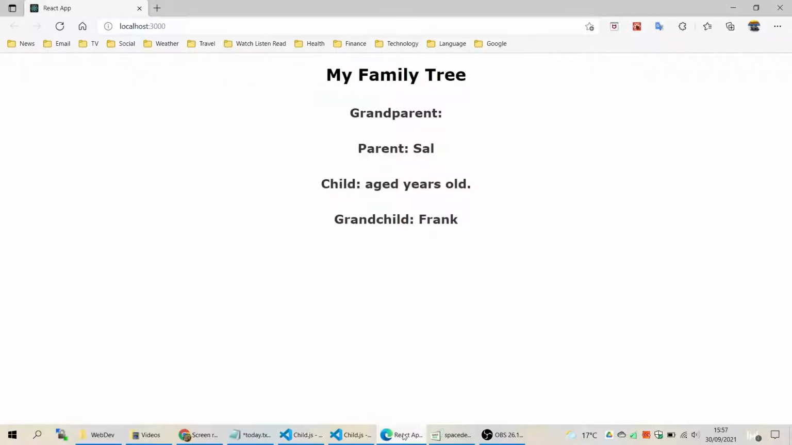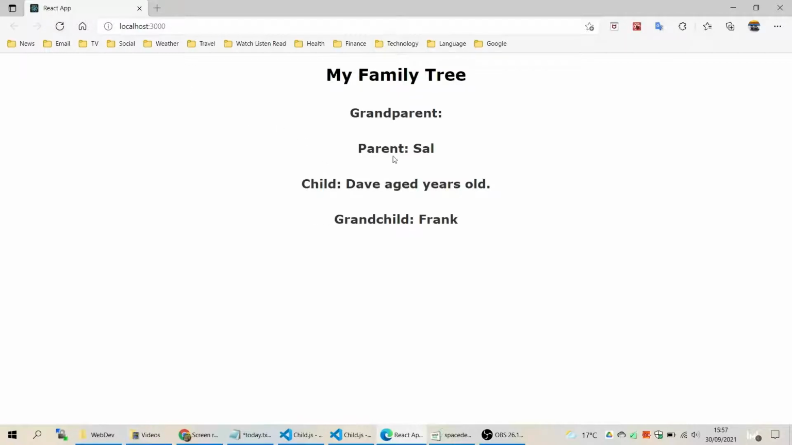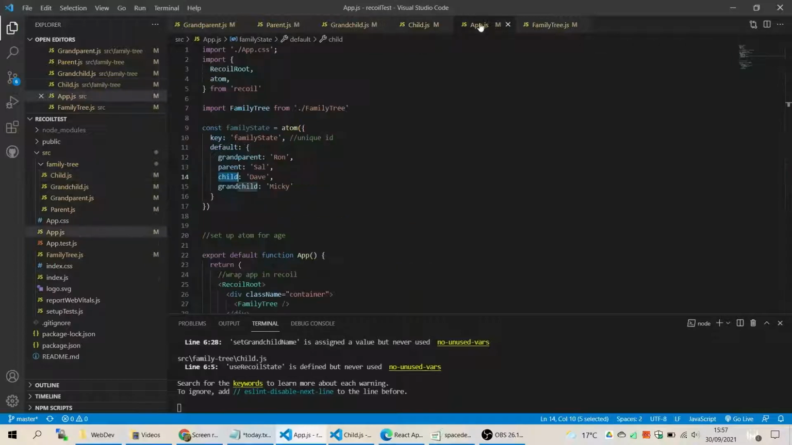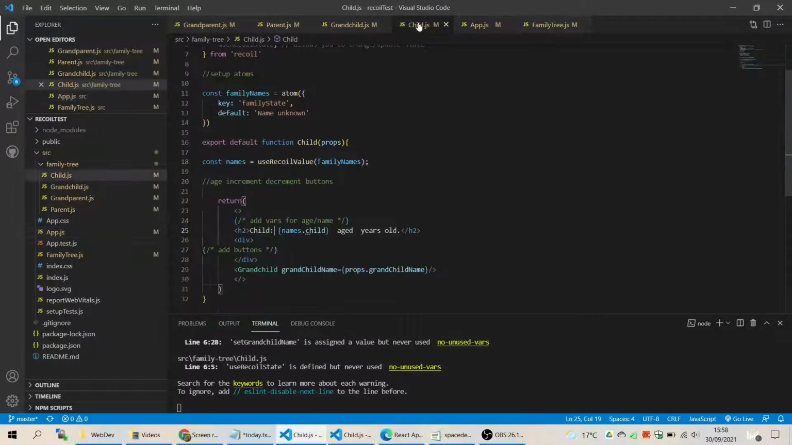And there we are. We've got some names. Interesting. Let me give that a little refresh. Oh, here we are. So now the child is indeed Dave. That's the important thing. The child is Dave. Why is the child Dave? Well, because we have got here child Dave. So you can see what's happening. We've created our state, and then in the child component, we've consumed that state, and we've just given the child's name